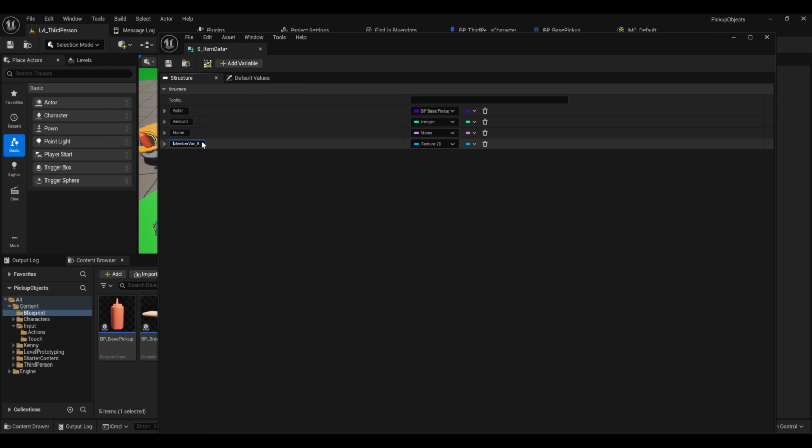And I'll set that, and this can be our, I'll just call this image for now. So this is going to be the image that's shown down at the bottom in the tool, the inventory system. So I'll save that, close it,